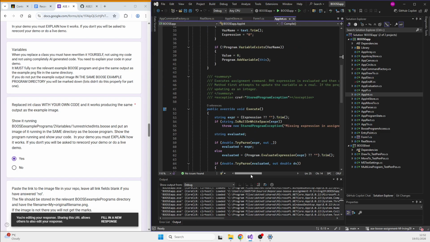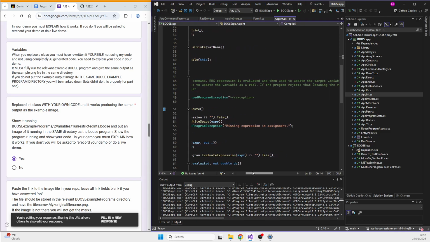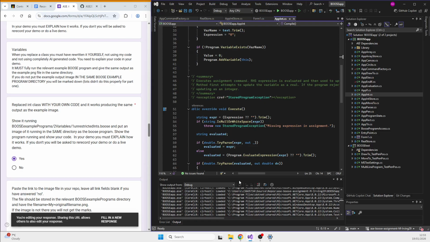The execution, so the right hand side of the expression is evaluated, which will usually just be, I mean, in the program, it's just the value, isn't it, of the int on the right hand side of the equals. So yeah, it's evaluated and then used to update the target variable in the stored program that I make.